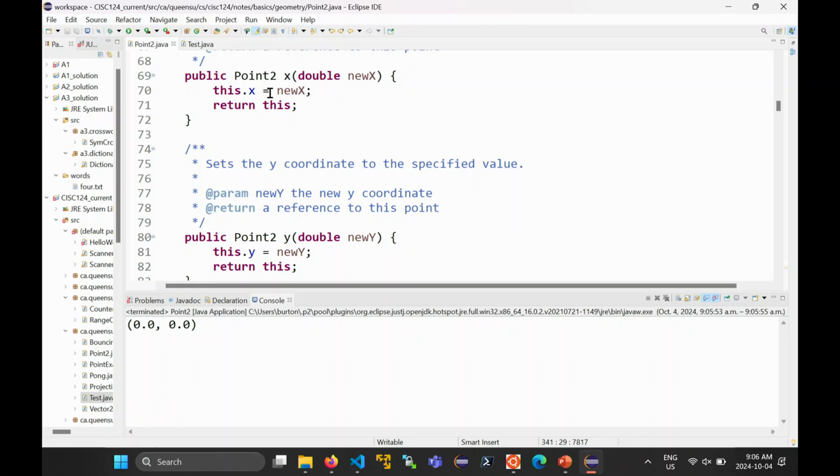Okay, so here's x. So x returns a reference to a Point2 object. When you look at the return statement here, it's returning this. So remember what this means inside of a method. Inside of a method, this was the object used to call the method. So if I write p.x and then one more, inside the method called x,